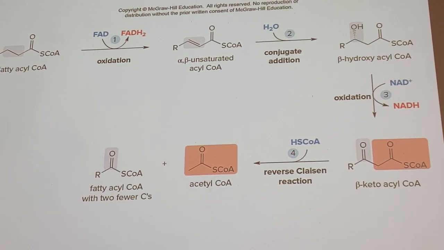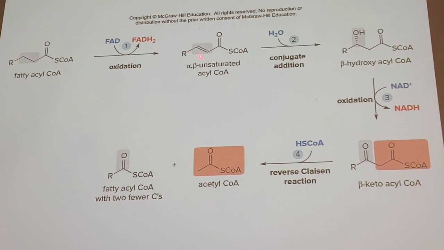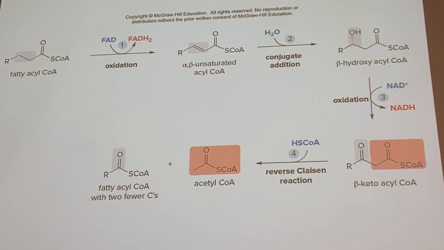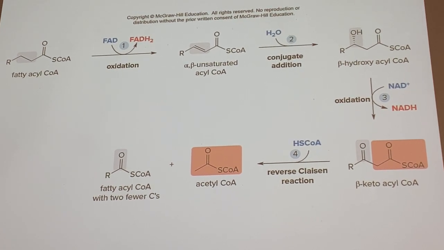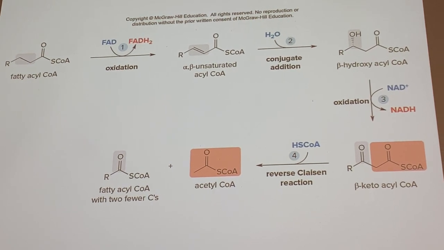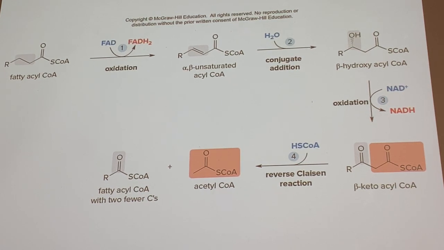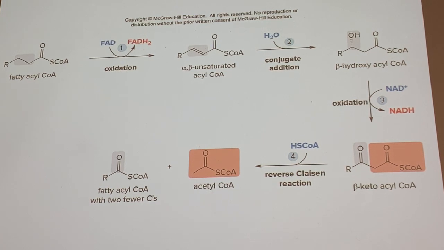The first step is an oxidation process. It's an oxidation because we're removing hydrogens. Anytime you reduce the number of carbon-hydrogen bonds, that will be classified as an oxidation. As we learned on Monday, oxidations of alcohols use NAD+. Oxidations of other functional groups are going to use FAD. And we went over that mechanism on